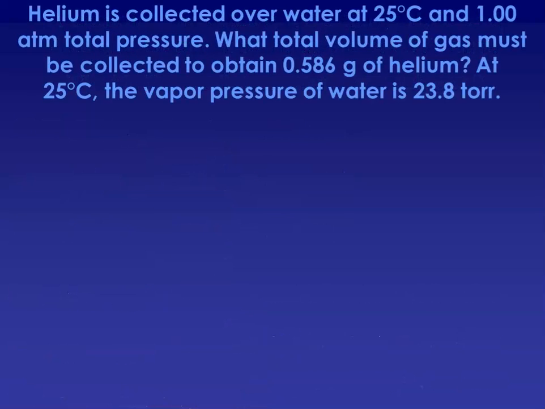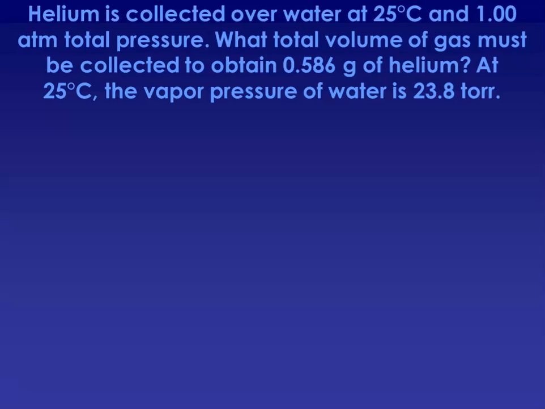And so we're going to look here at this one where we're collecting a gas over water. We're given what the total pressure was, 1 atmosphere. And we want to know what volume of gas would need to be collected in order to obtain 0.586 grams of helium. That's the gas that we are collecting over water. At 25 degrees Celsius, and this is giving us the pressure of our water, the vapor pressure of water is 23.8 torr. So if we want to find the volume of our gas, and we know the mass of our gas, and we know what temperature our gas was collected at, we only would need a pressure to use our